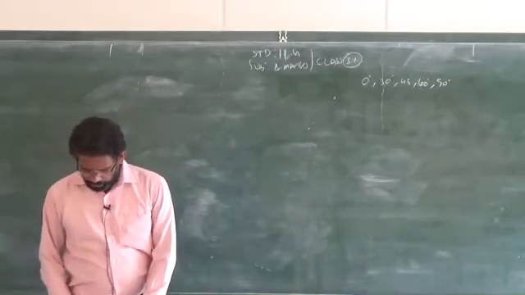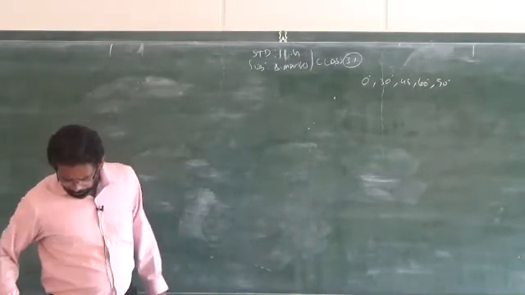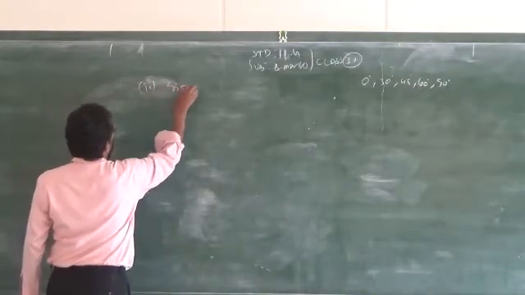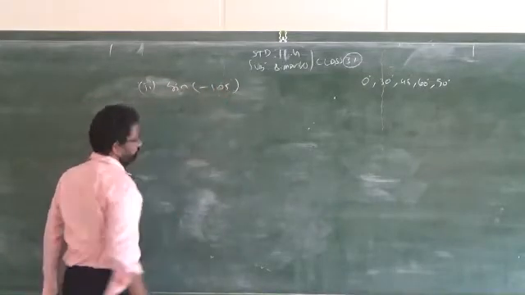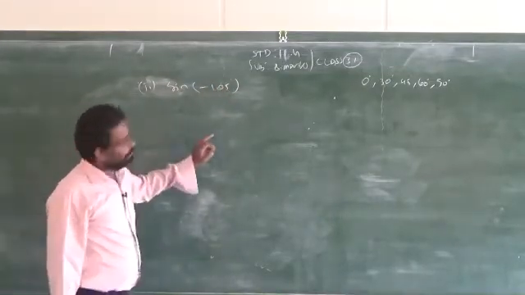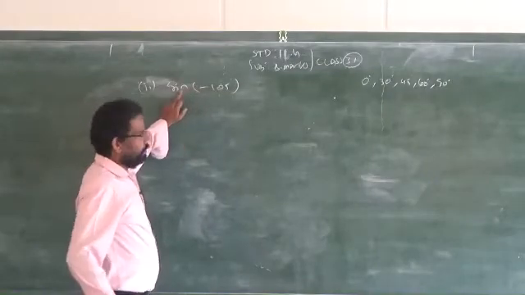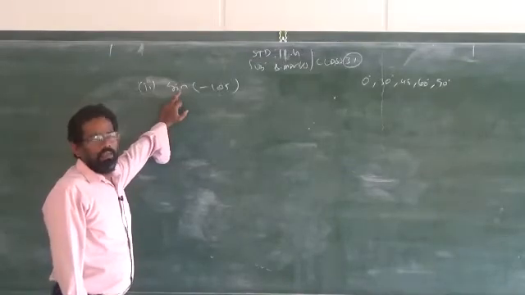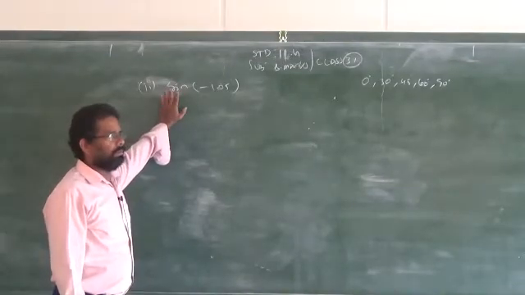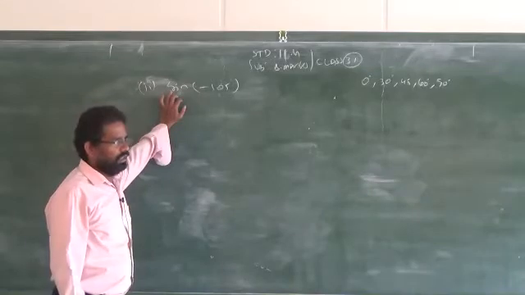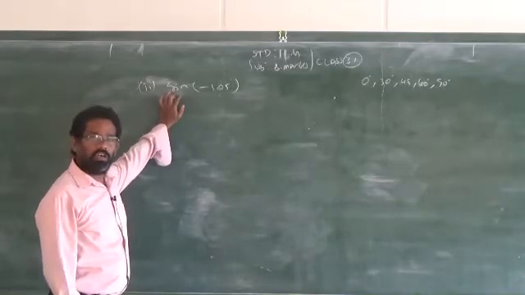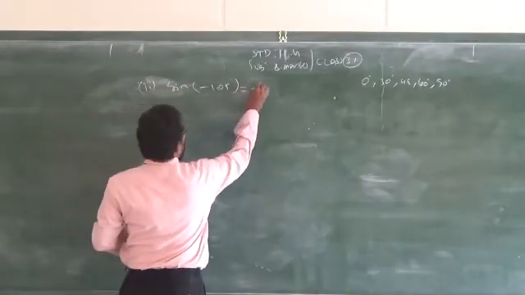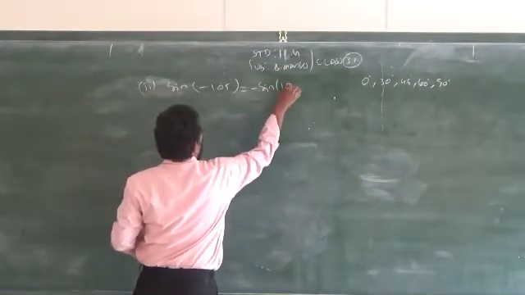Clear? So, now next is the problem, sine of minus 105 degree. Boys, remember, sine is an odd function. If there is any negative sign in front of the angle, only for cos and secant the minus will become plus, because cos and secant are even functions. Other than these two, the ratios are odd functions. So, therefore, sine is an odd function. So, how do you write this one? Minus sine 105 degree.